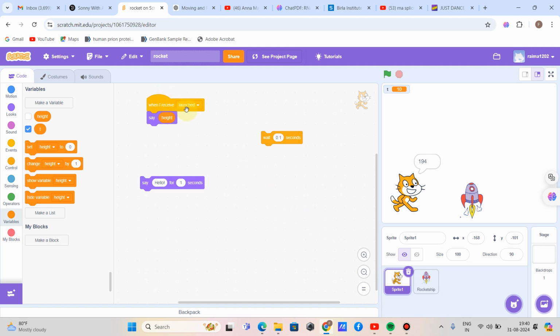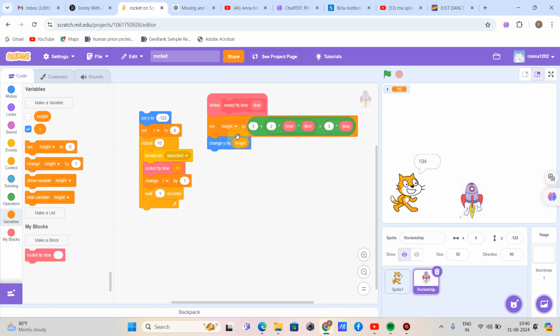When I receive the launched message, the cat will say whatever data is stored in the height variable, which is inside the rocket fly function. So that's all how I made the code.